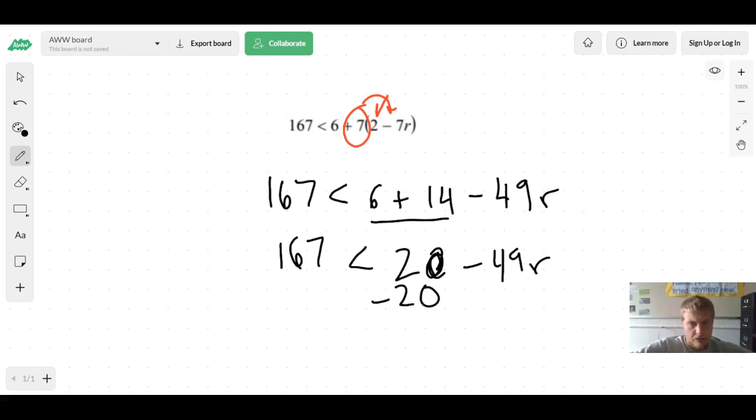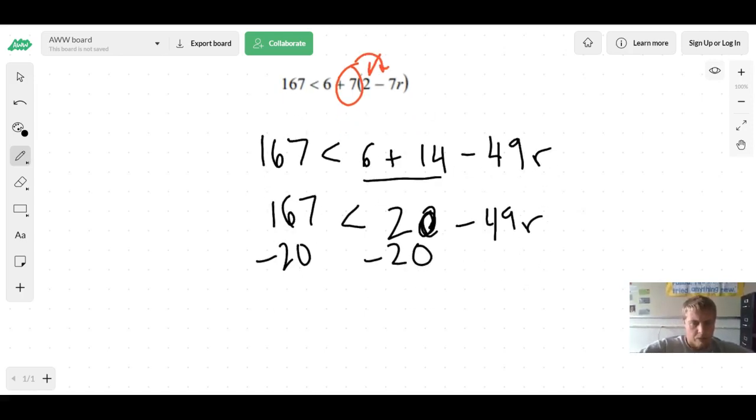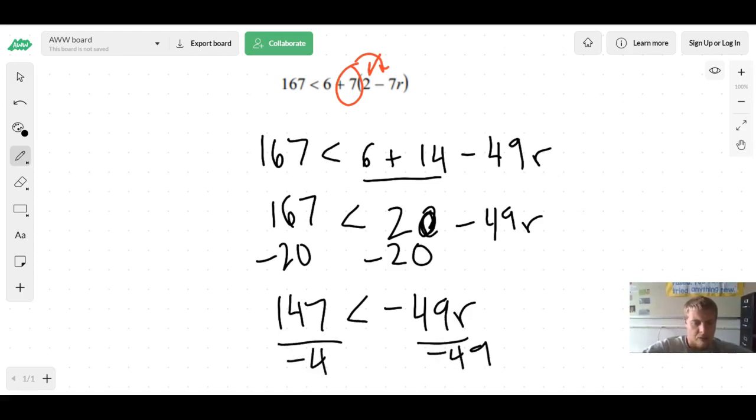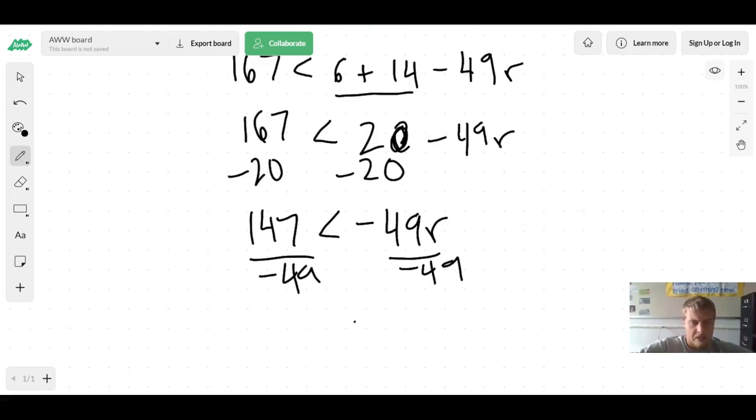We'll then minus 20 from both sides, which is going to give us 147, which is less than negative 49r. And then we'll divide by negative 49, divide by negative 49, and that is going to give us that r